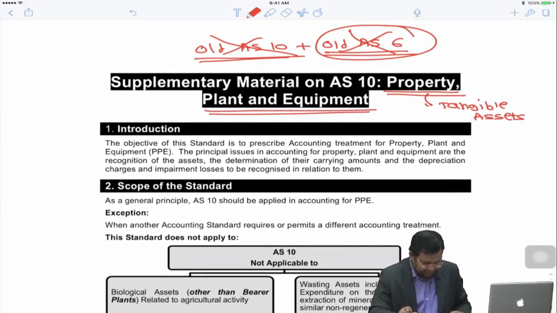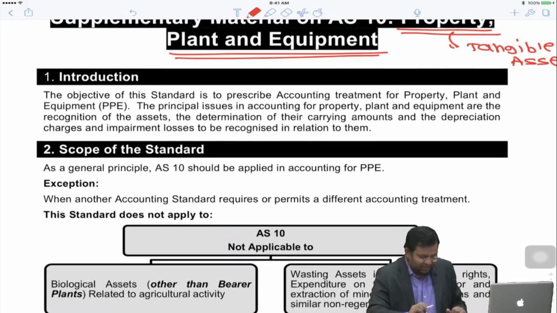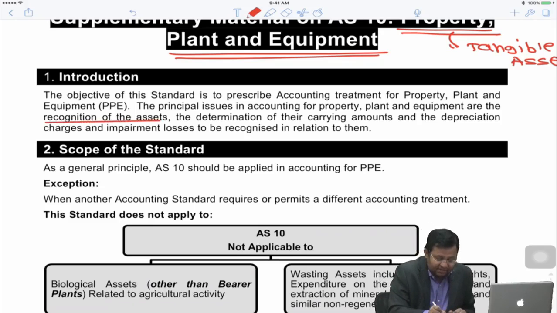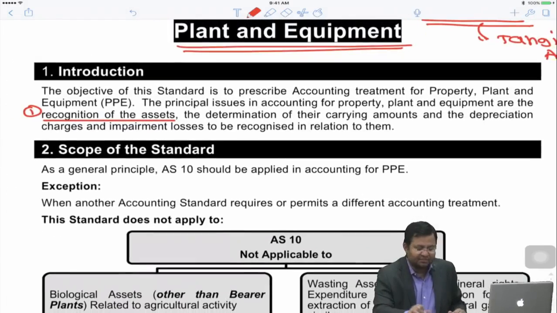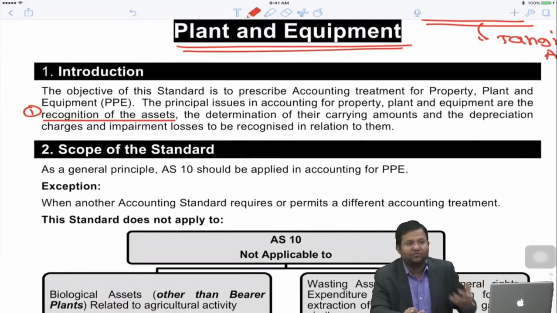Let us go ahead. Before you understand any standard provisions, you have to listen and you have to understand scope. What does it cover? The principal objective of the standard is to prescribe the treatment for property, plant and equipment. The principal issues of accounting of property, plant, equipment are recognition of asset. तो क्या-क्या हम discuss करने वाले chapter में? First, recognition of asset. Recognition of asset मतलब when do I account for a purchase of asset, or how do I account for